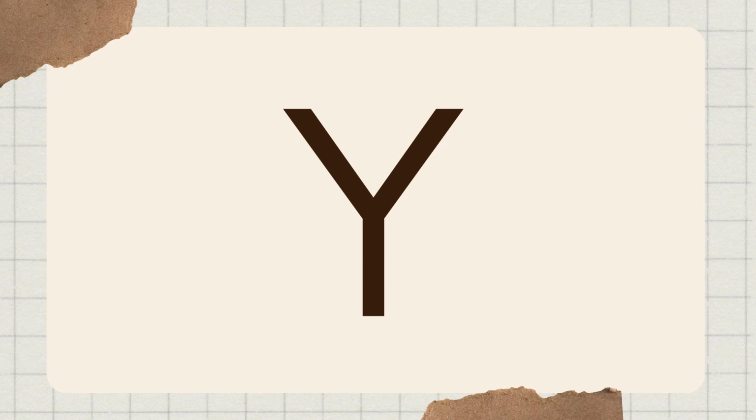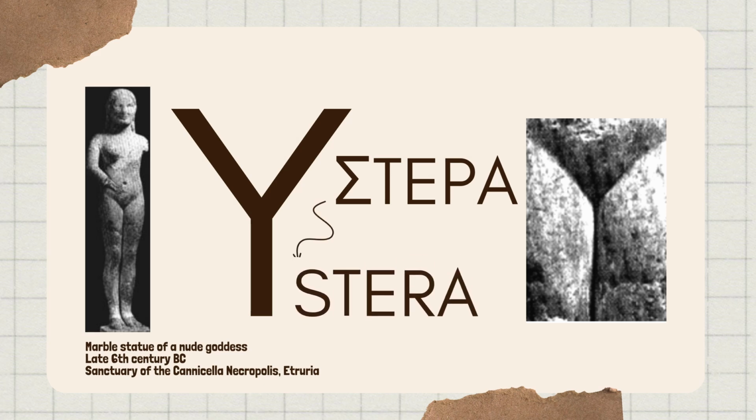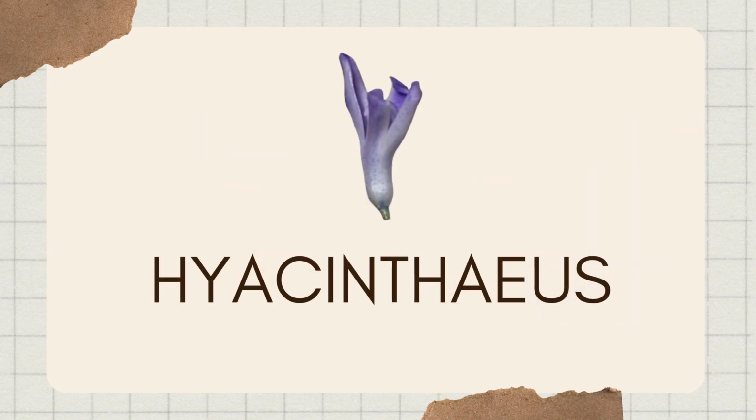However, the Latins didn't simply import this letter as is. They also retained the pictographic value which had been assigned in the Greek alphabet. The shape of the letter Y thus either refers to the female genitalia, as shown by the Greek word hystera, which became hystera in Latin and still means womb, or to the hyacinth flower, Hyacinthus, whose origin traces back to Hyacinth, a young Spartan who was transformed into a hyacinth by Apollo.